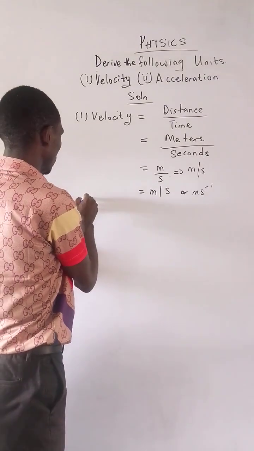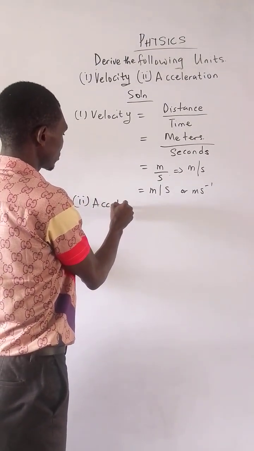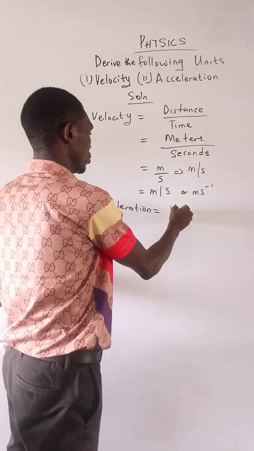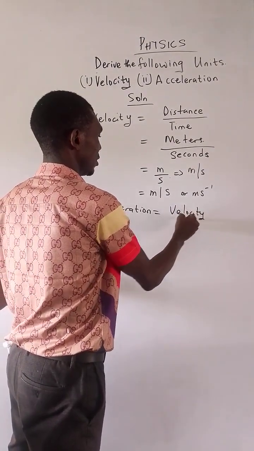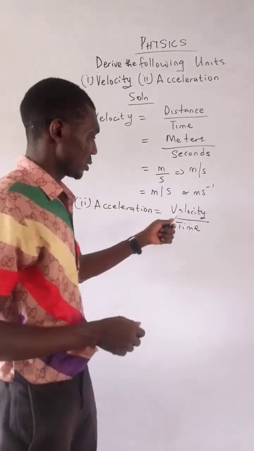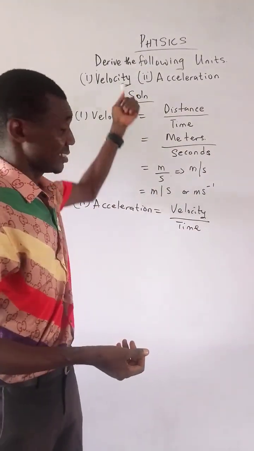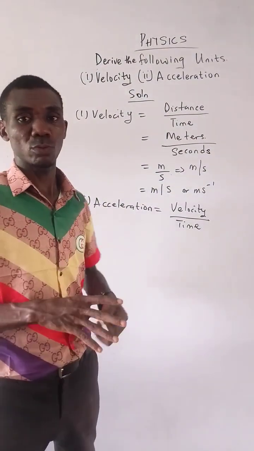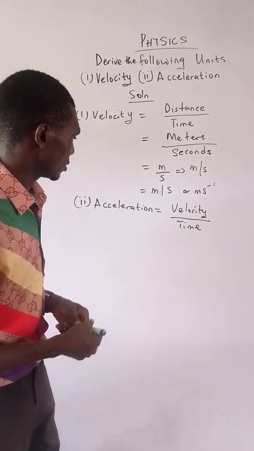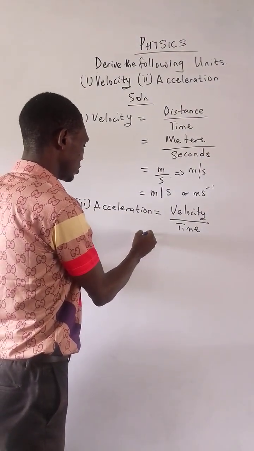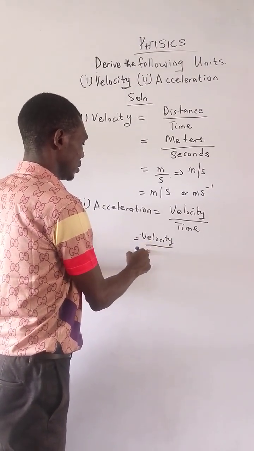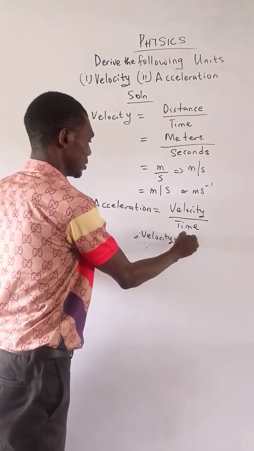Now we work on acceleration. The formula for acceleration is what we know as velocity all over time. We know that velocity is a derived quantity, so we must know the fundamental quantity to get the answer. Time is a fundamental quantity, and velocity is a derived quantity, so we have to break it down. Velocity being a derived quantity is given as distance